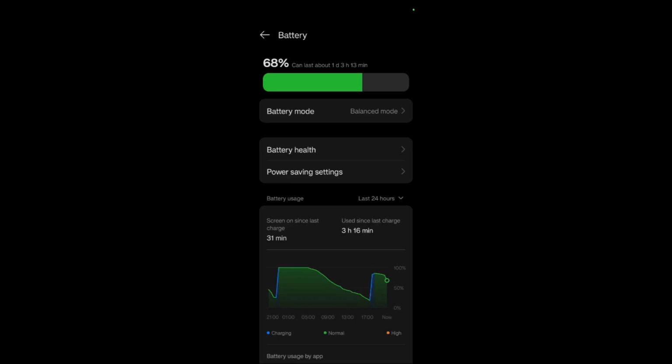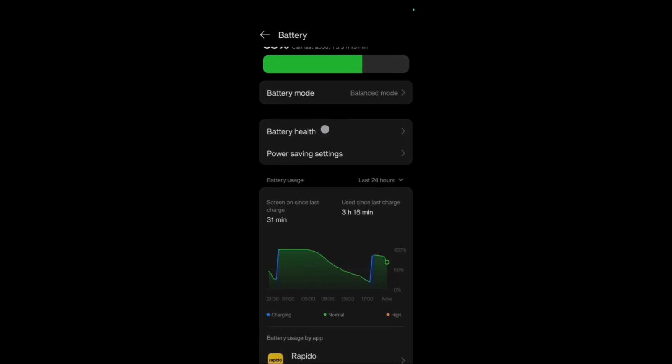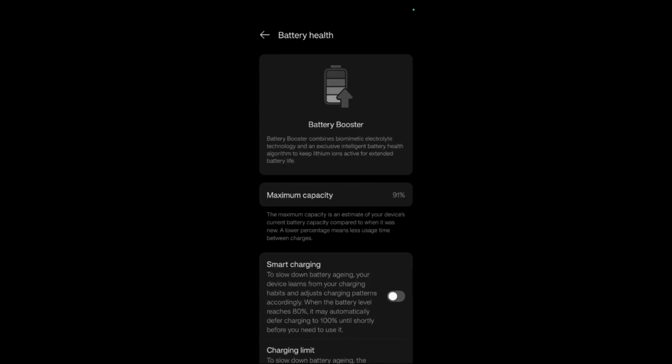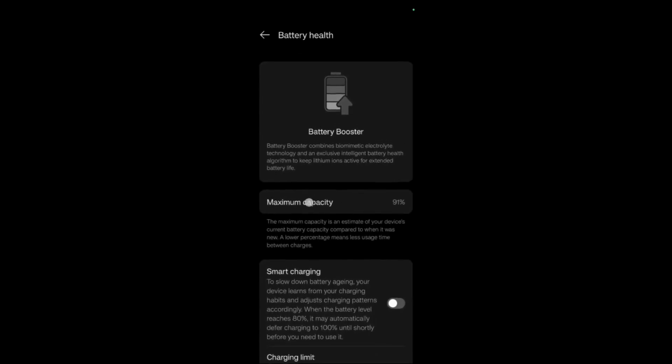But since we want to find out the actual capacity or the actual degradation of the battery health life, what you can do is look for this battery health option if it is present in your device. It is not necessary that it is present in your device, but if your device supports a battery health option, it will be there. So simply click onto this battery health option, and from here you can see this maximum